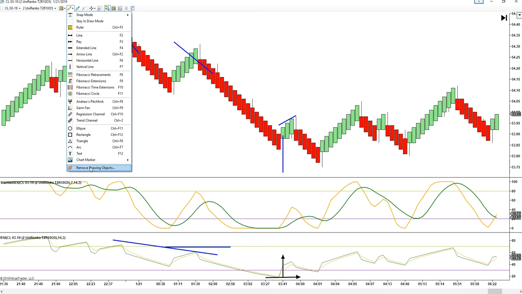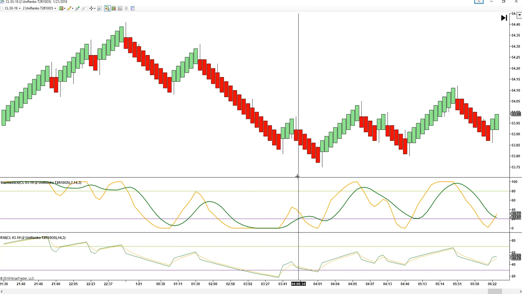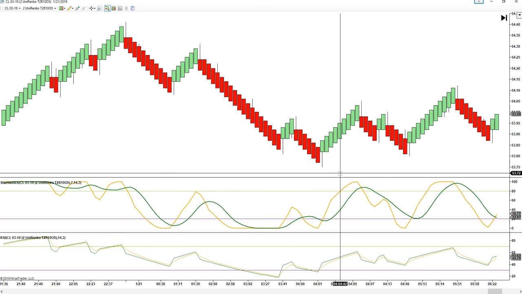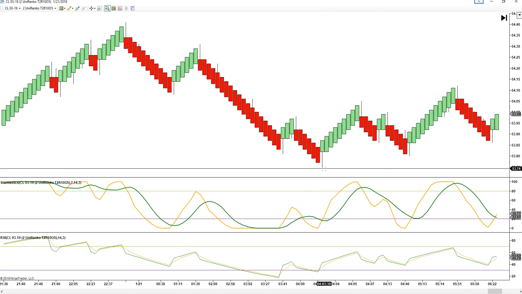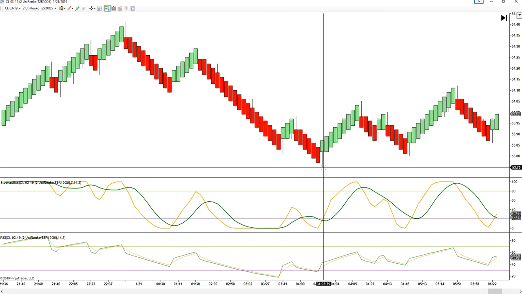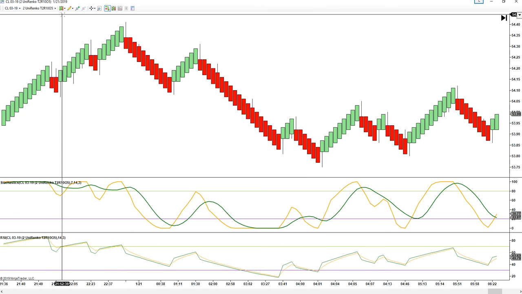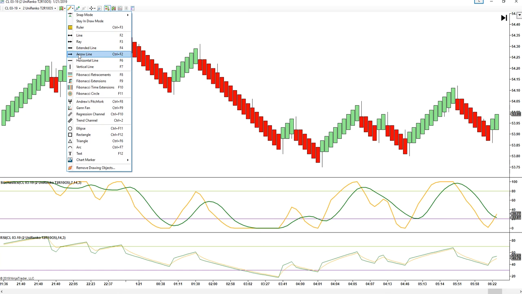Remember, a divergent signal is creating a counter trend trade. What we want to do is trade in the direction of momentum, not in the counter trend direction. We want to trade in the direction of the trend. So what we're doing is we're looking for